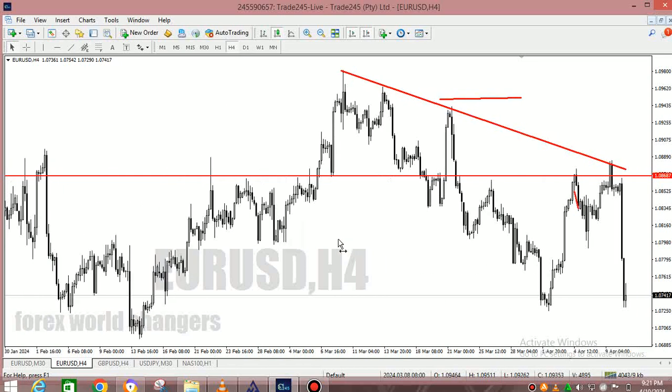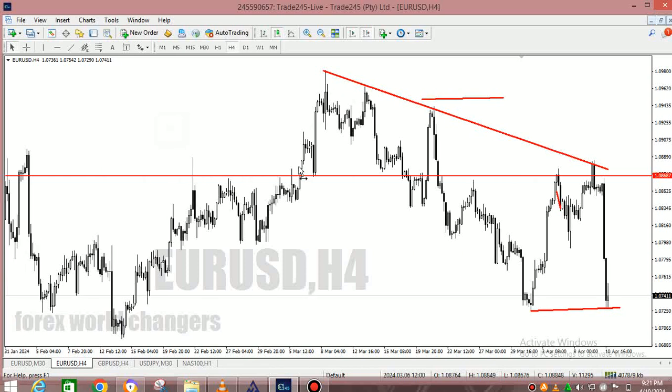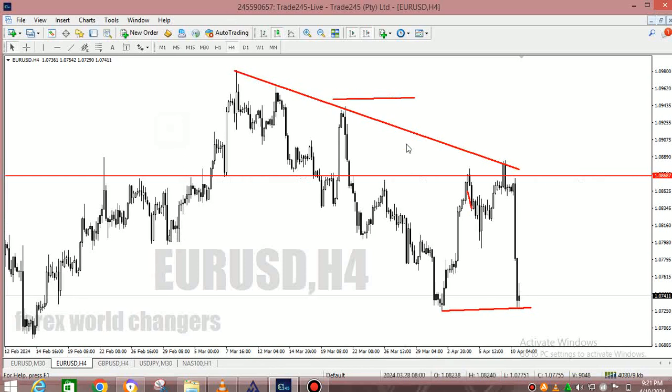So we have this now. Voila, we have this zone. Here you can see it created basically three resistances here. So we have R1, R2. I don't know if the price, because if you look at your left hand side,